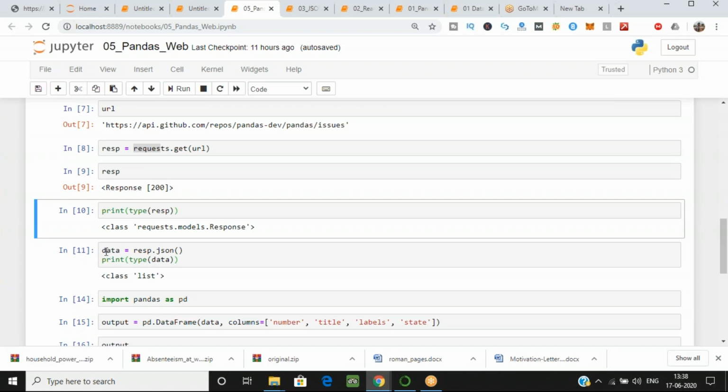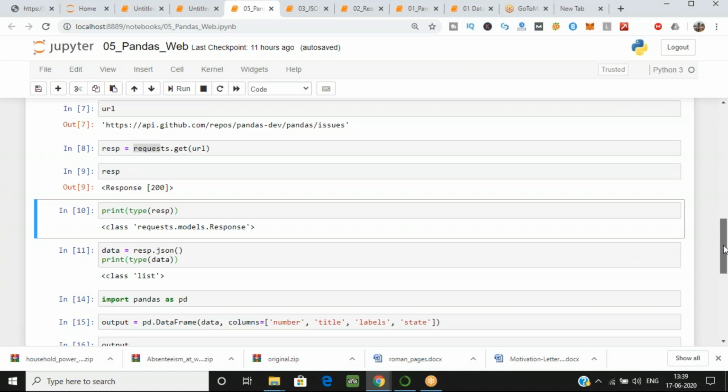Just take another variable, data, which is equal to RESP, in which we have stored the response, dot json, because we are getting JSON over there. Now we have stored it in data. Now it becomes a list. I print the type of data, and it is of list type; the values are in list form.